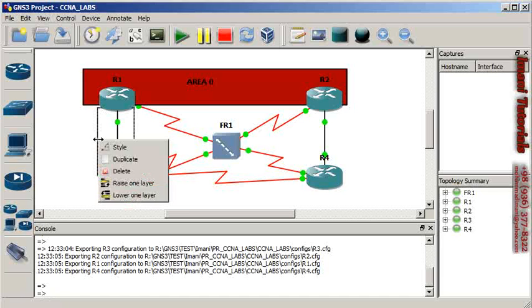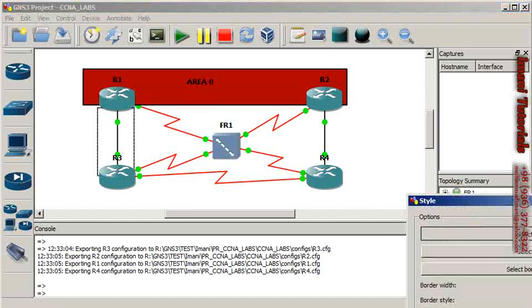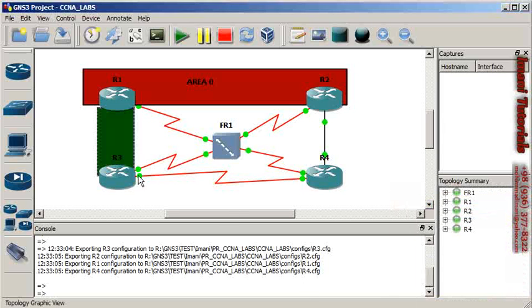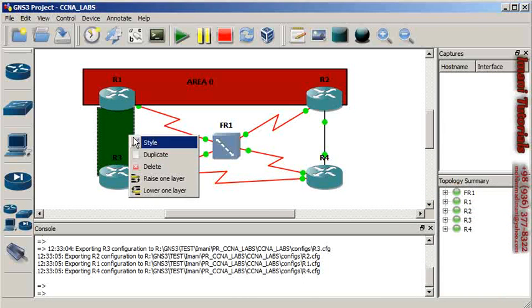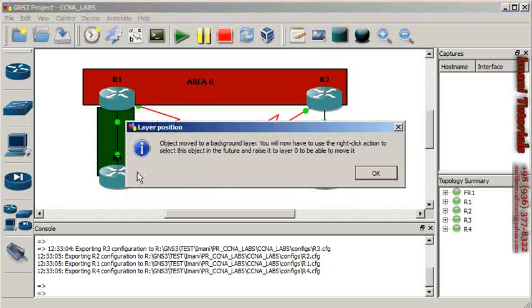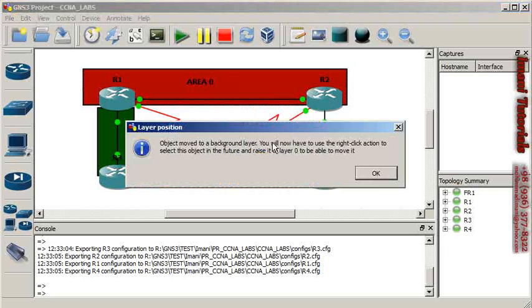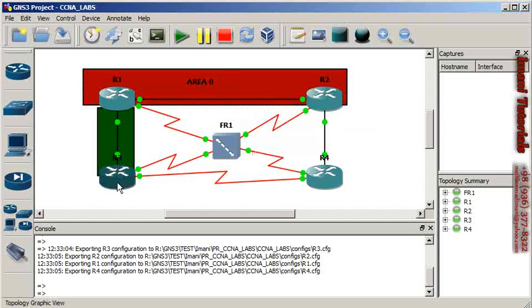Okay, now I change the style of this using another color, for example green, and now I want to send it back using lower 1 layer, and the link is there. I want to send it back too, so that I can see the link. Now this is area, for example, 1. I put a note beside this, area 1, or I should name it area 13